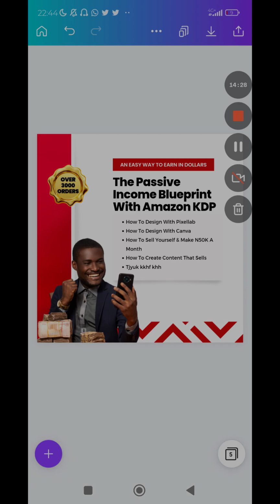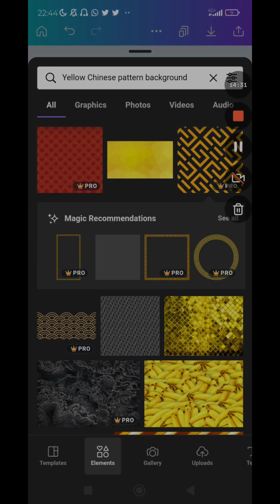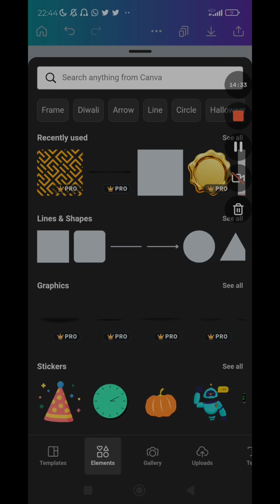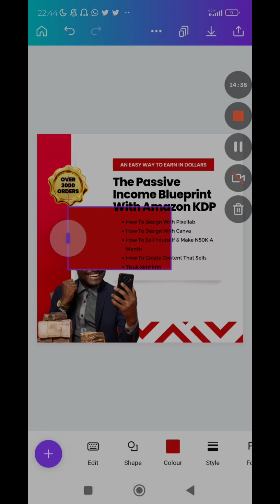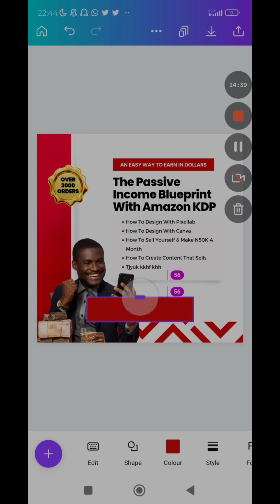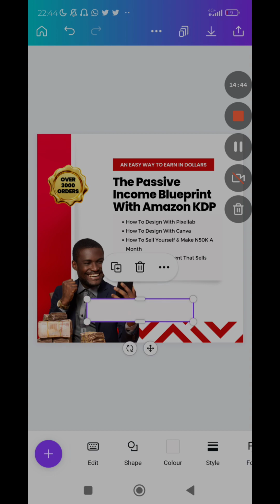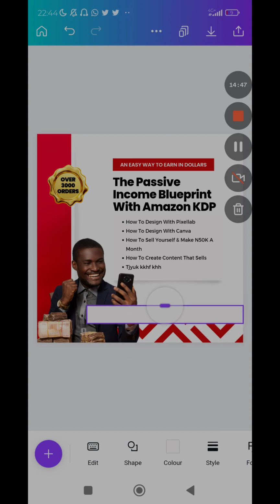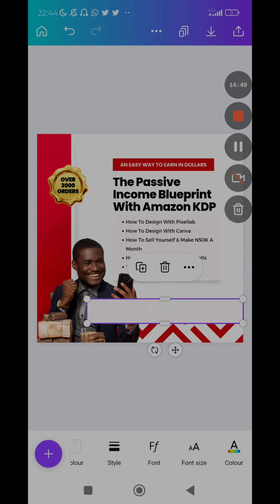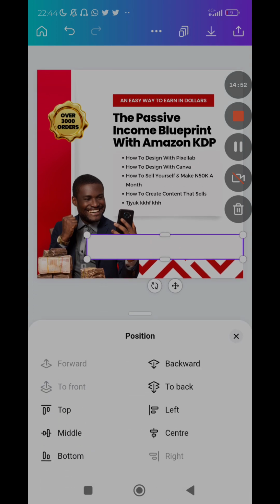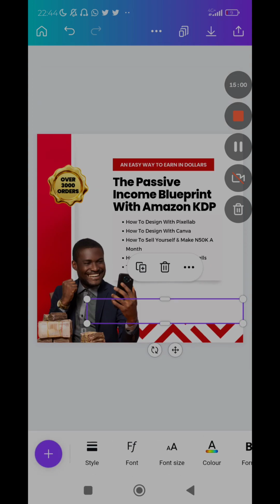and we'll add the rectangle. Let me add the rectangle. So bring this rectangle, turn it to white, right? Then enlarge it a bit here, reduce the size and send it backwards. So we'll send it backward, bring it forward. Oh yeah, we'll send it backwards, so we would nudge it downward a bit,